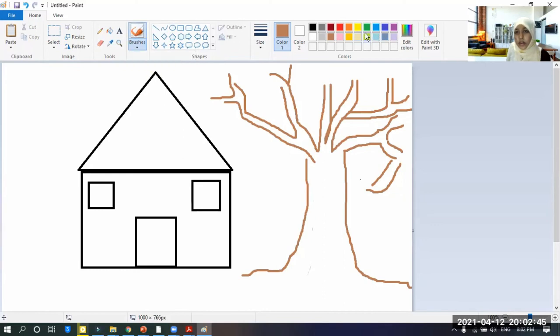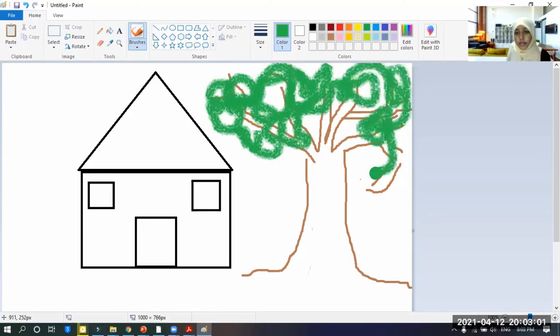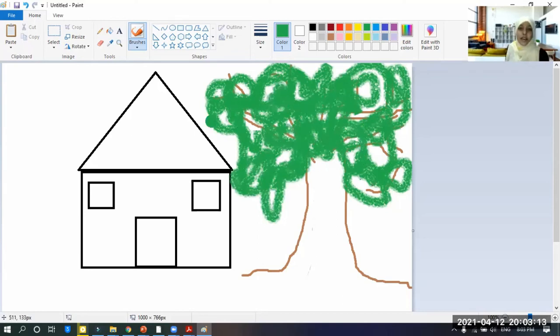So you select the green color and you draw the leaves. Like this. This is my tree.